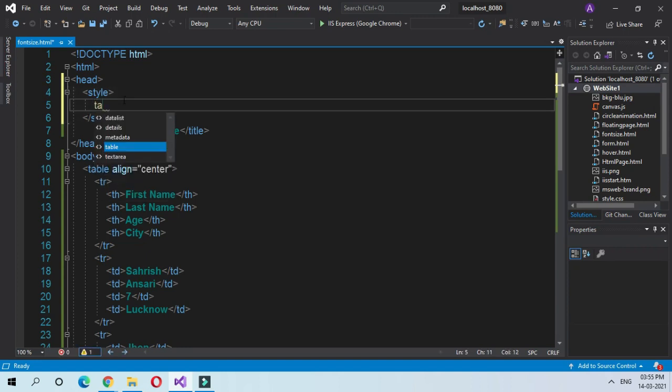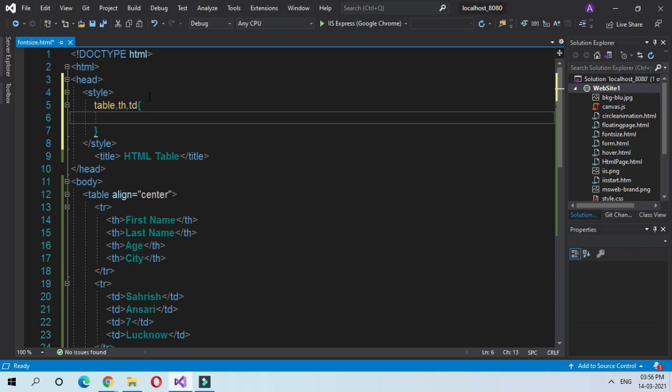Now give it table, comma, table heading, comma, table data. This is the table tag, this is the table heading tag, and this is the table data tag. Now this is a bracket.